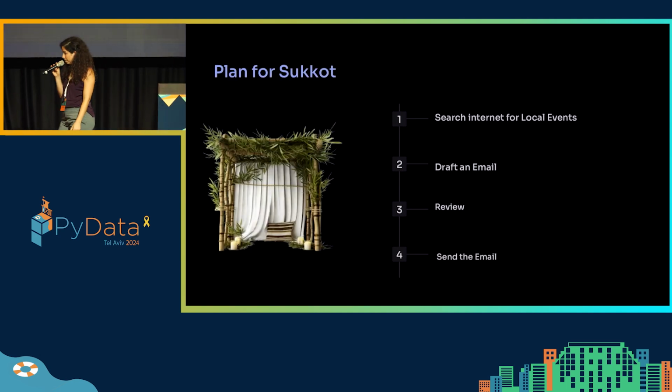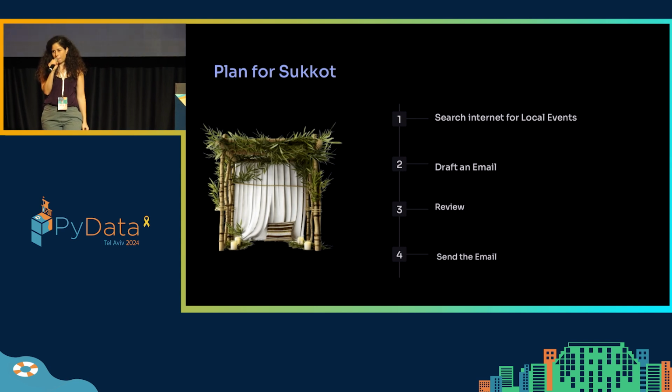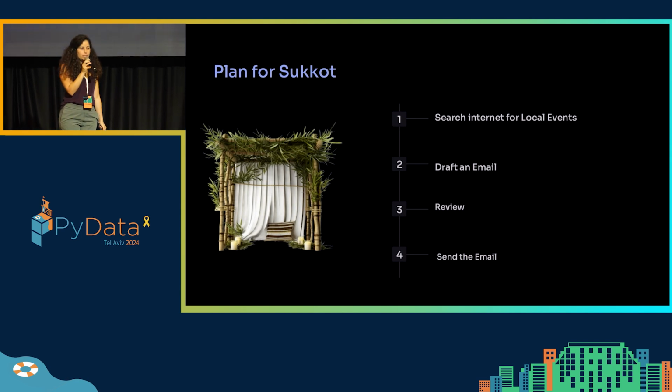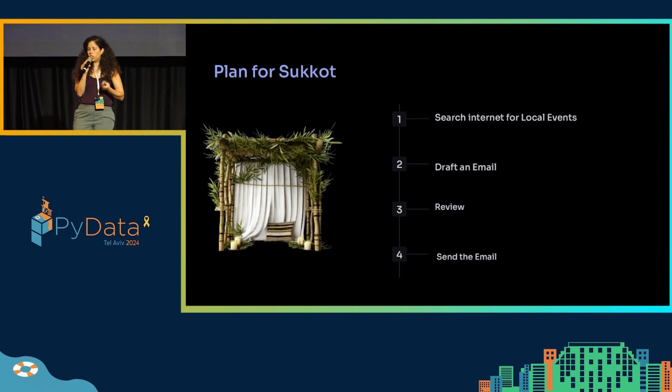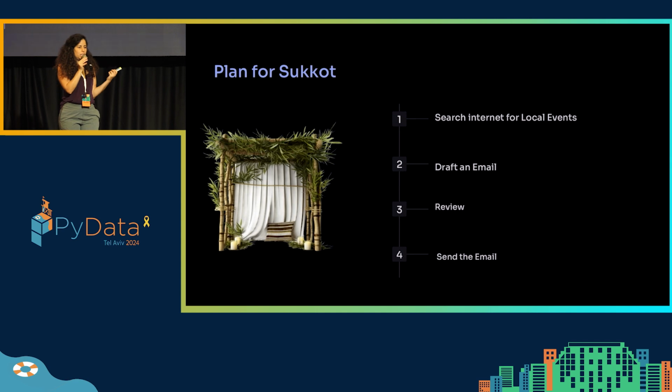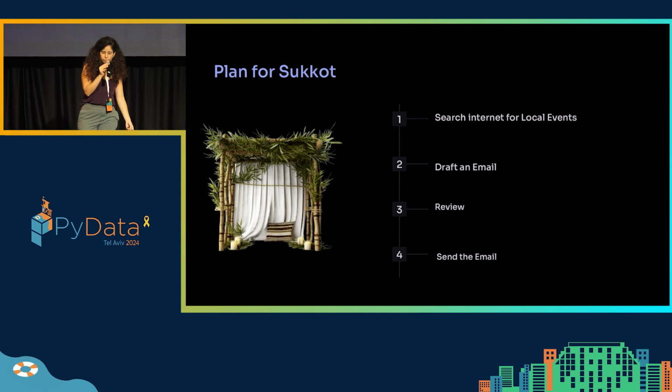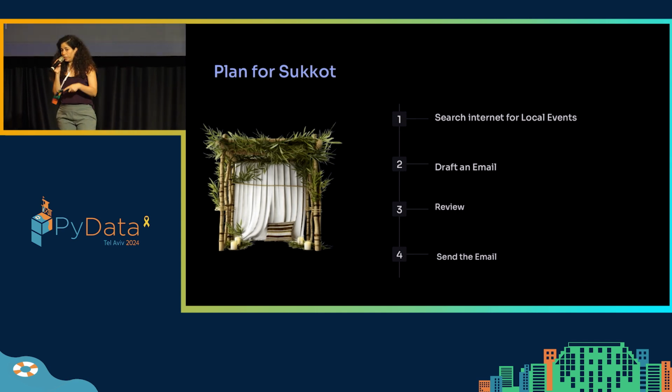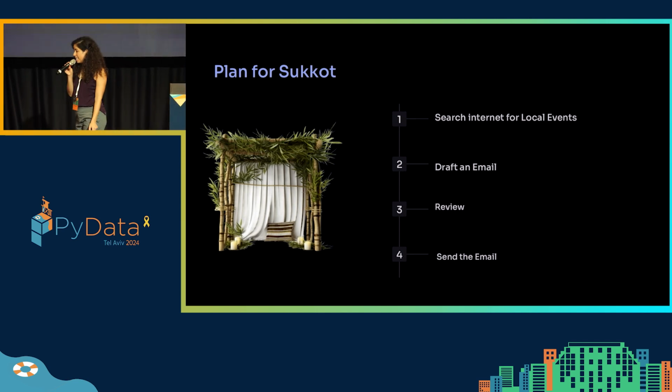Let's take an example. I want to send my mom an email with some suggestions for plans for Sukkot for her grandson. So the model will first search on the web for local events on Sukkot nearby. Then it can draft an email. Afterward, it can ask for my approval, to see that it is actually aligned with what I want. And then directly send it to my mom. It's amazing. No more passive AI, but AI that actually works for us.